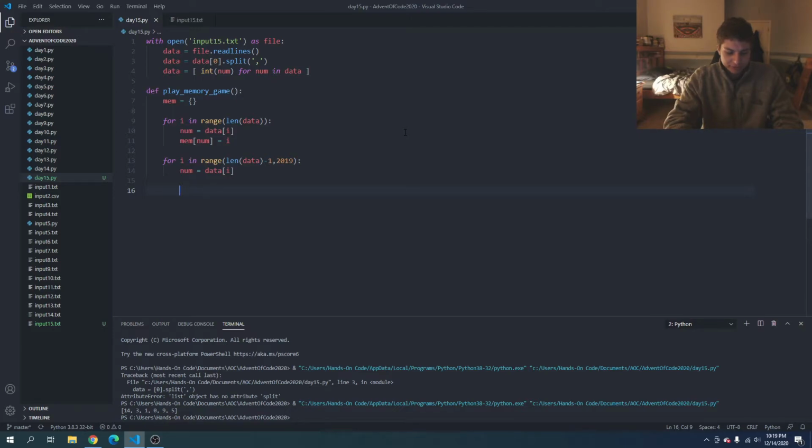And then we can say if num not in memory. So this is the first time that we're seeing the number. Then data.append a 0, because we haven't seen it before. And then we can say,